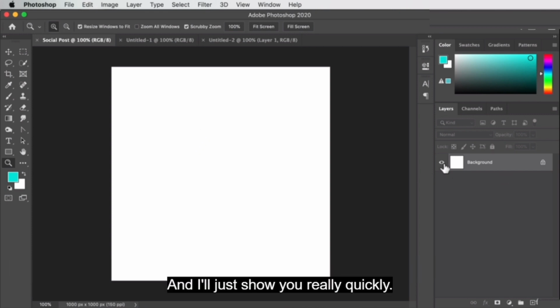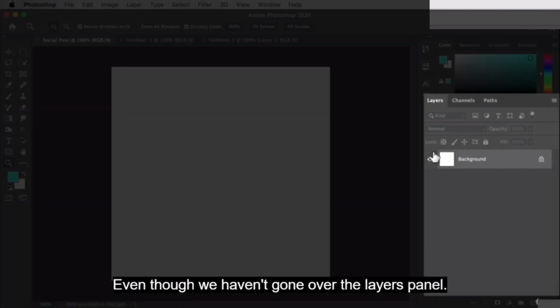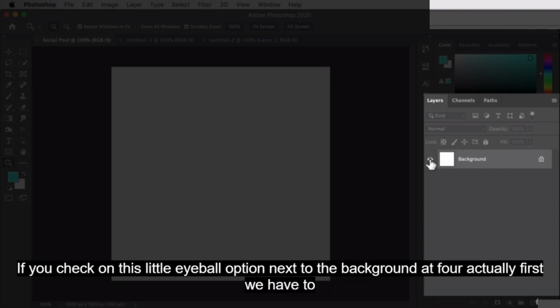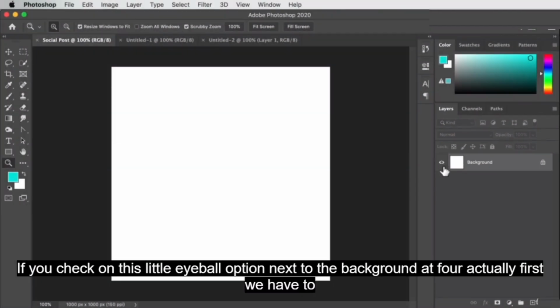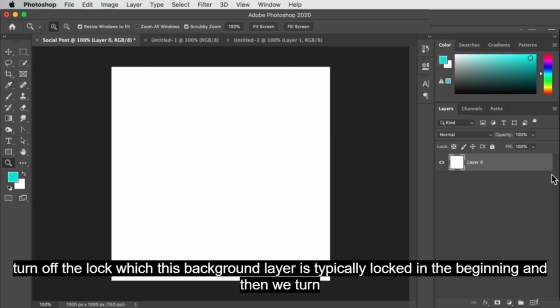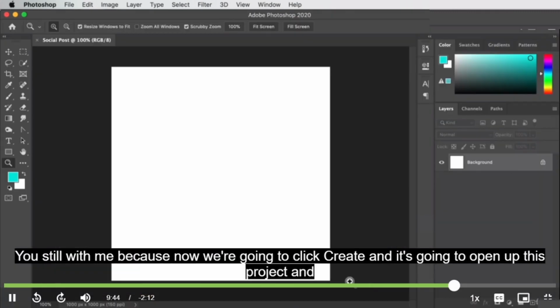And I'll just show you really quickly, even though we haven't gone over the layers panel. If you check on this little eyeball option next to the background, first we have to turn off the lock, which this background layer is typically locked in the beginning, and then we turn